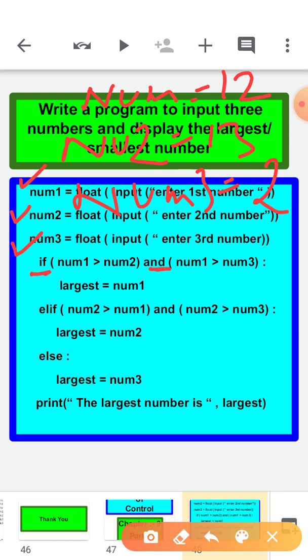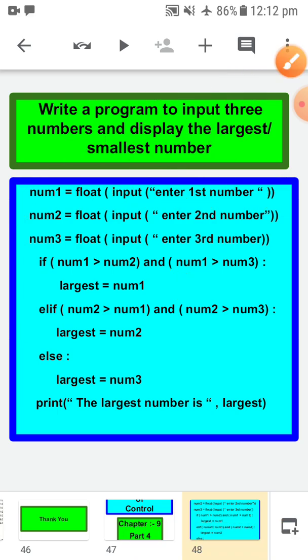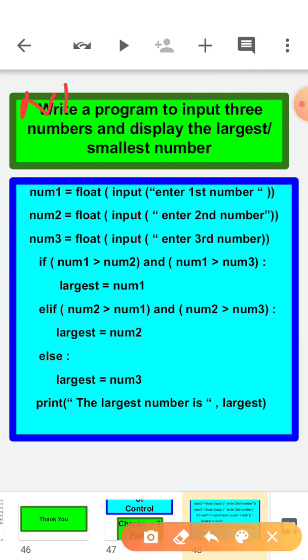Now here the AND operator is there with if. AND operator means both the conditions should be true, then only this particular statement executes; otherwise it jumps to the elif statement. Let's see, num1 is 12, num2 is 13, and num3 is 2.